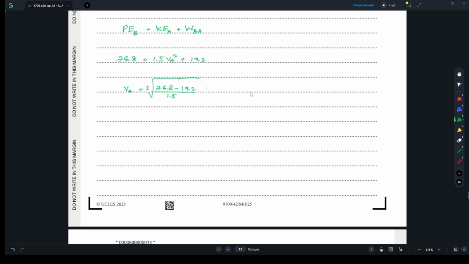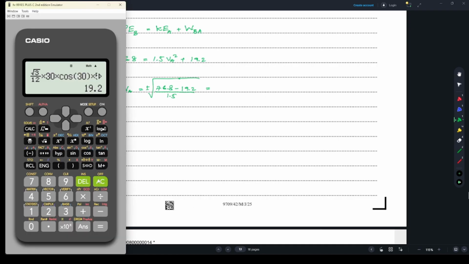Normally we have to write plus or minus. So the root of 76.8 minus 19.2 divided by 1.5. The answer is